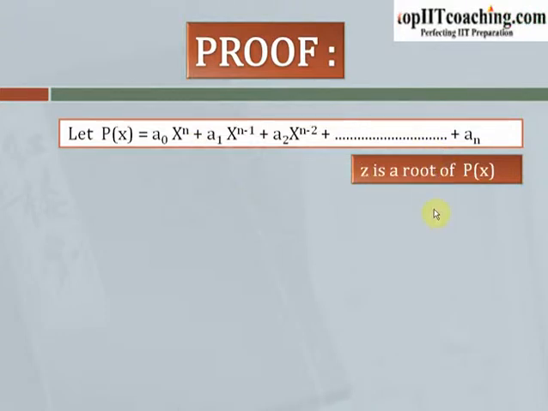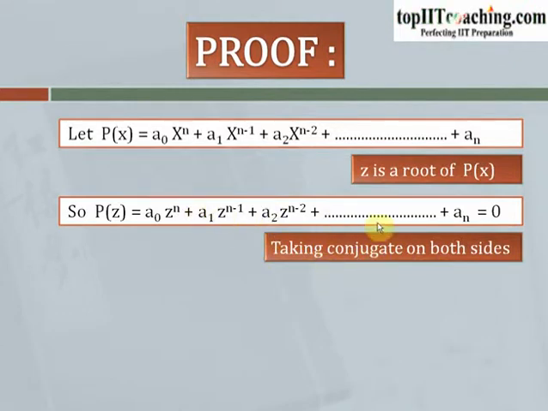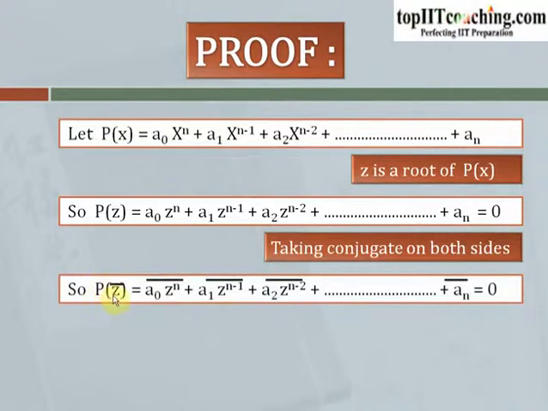Now if z is a root of this polynomial equation, then P of z should be equal to a0 into z to the power of n plus a1 into z to the power of n minus 1 plus a2 into z to the power of n minus 2 and so on up to an, which should be equal to 0, as z is a root of this polynomial equation. Now what we do is, we take conjugate on both sides of this equation. When we take conjugate, what we get is P of z conjugate equal to the conjugate of a0 into z